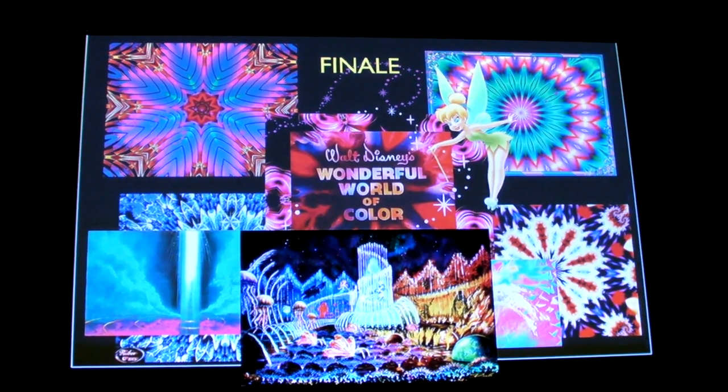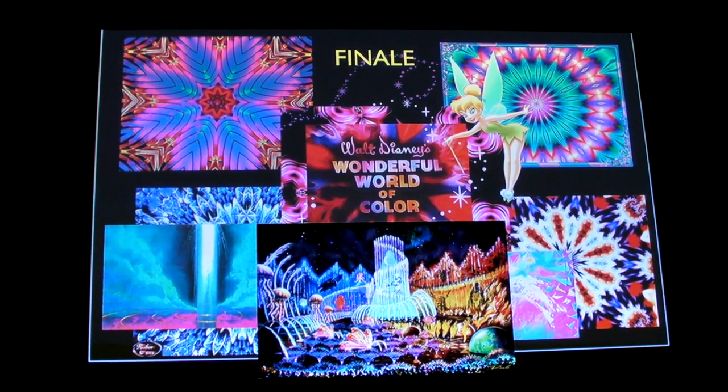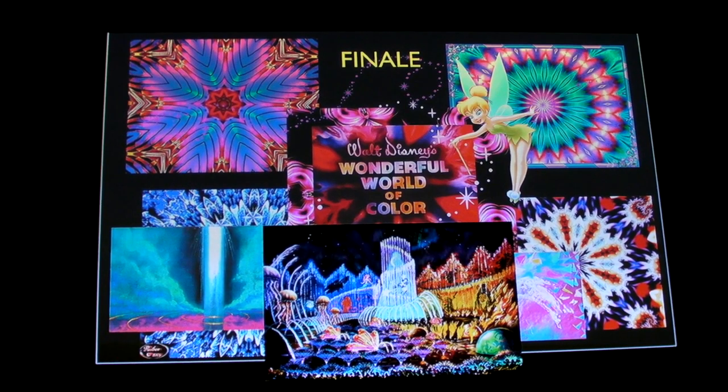And at the very end, we see Belle and the Beast and we hear her say, I love you. He starts to do a transformation in the lagoon. The transformation gives way to all the transformational pieces from all of our films. And of course that opens up what we call 1,000,000 points of light. And that takes us right into the finale. And the finale truly is the kaleidoscope of color. It's where everything you've seen in the show, the theme